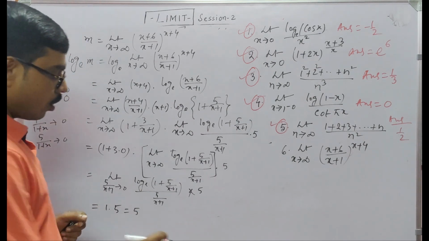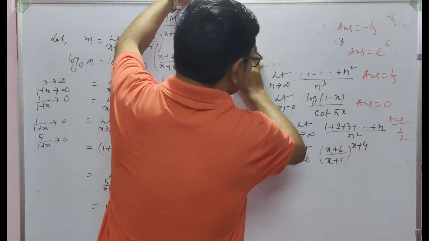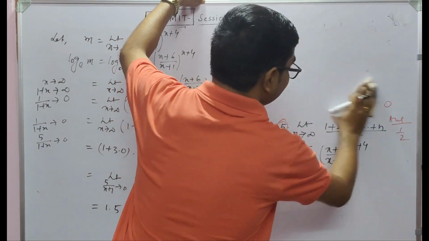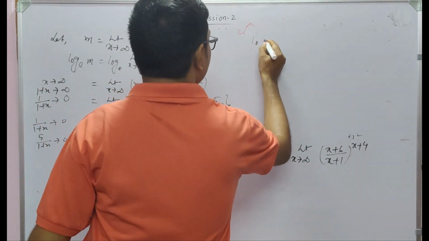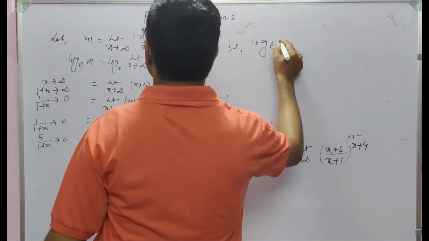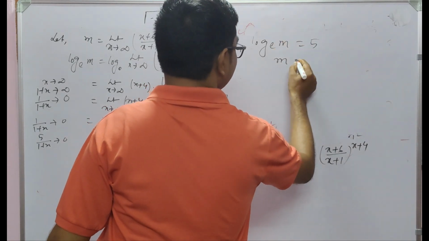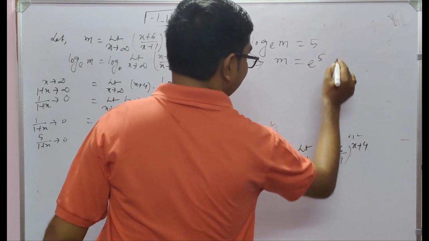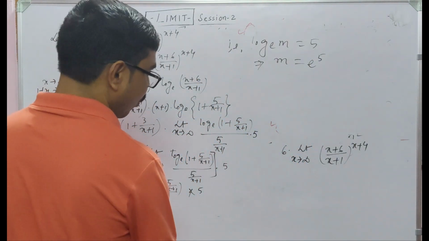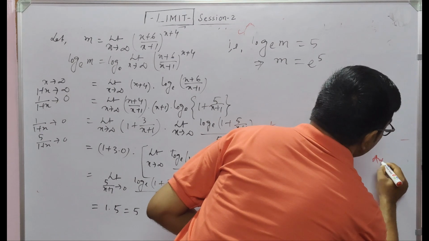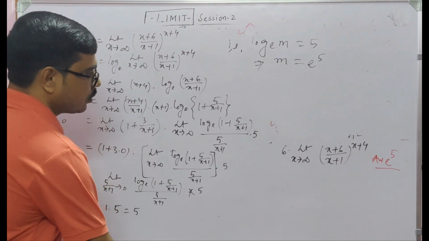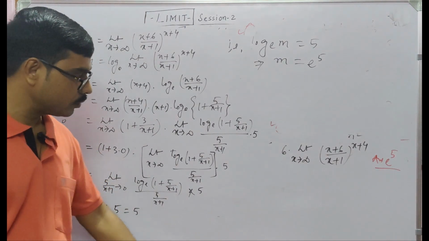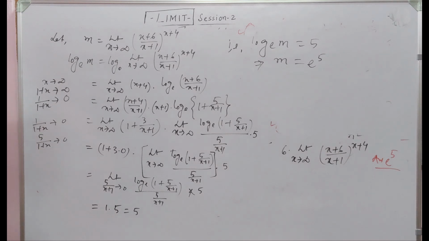কার রেজাল্ট? log e of m. আমরা লিখতে পারি, that is log base e of m equal to 5, that is m equal to e to the power 5. So the answer of this is e to the power 5. এখন যে 6টি কোশ্চেন এসেছিল আমরা সলভ করলাম, সলভ করে আমরা অ্যানসার পেলাম e to the power 5। L'Hôpital's rule এবং কিছু লগের সাম ছিল, আমরা অ্যাপ্লাই করেছি।